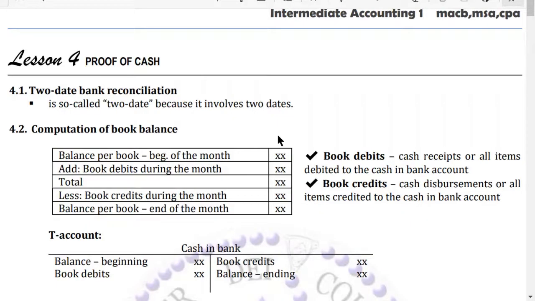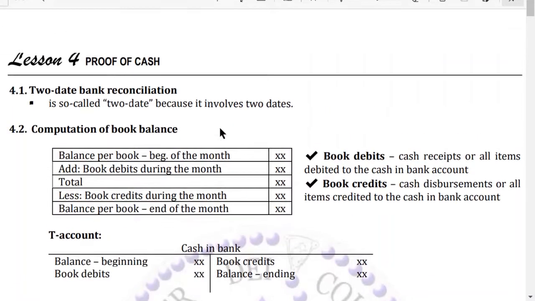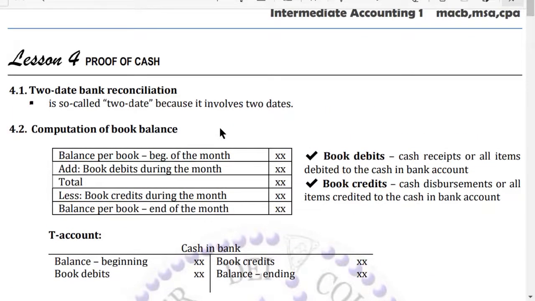Before we go to the proof of cash, we will first have the to-date bank reconciliation. When we say it's to date, there are 2 dates wherein we're going to prepare the bank reconciliation. So it's not just for 1 month, but for 2 dates. To compute for the correct cash balance, we already know the reconciling items on both the book and